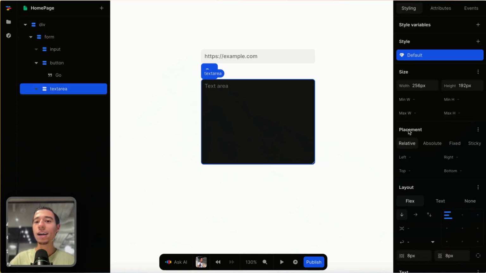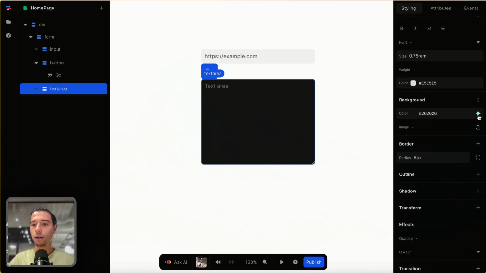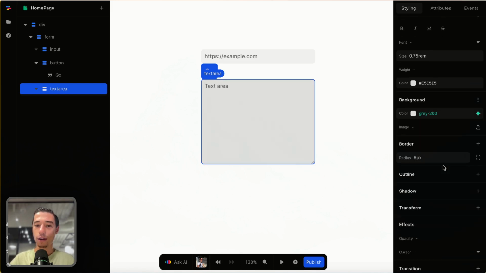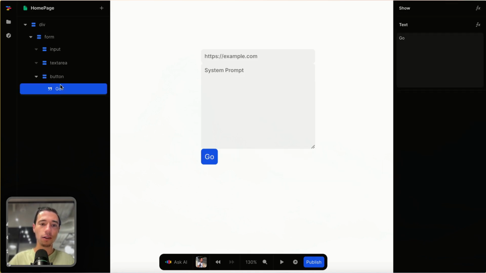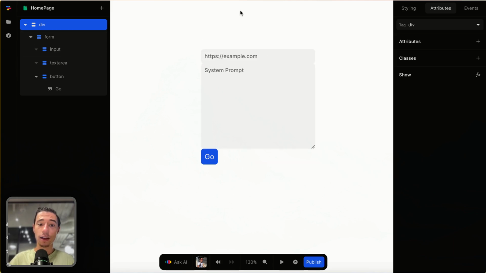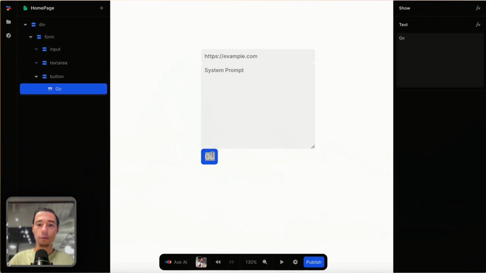Now the text area, we want to style that as well. So we go on background. We'll make it gray 200, right? Or I think we had gray 100. And then we'll make that text gray 700. Here we go. And then we go in here and we say system prompt. There you have it. Now we move this go button down here. And that's how we kind of like got the structure, right? And we can now say generate